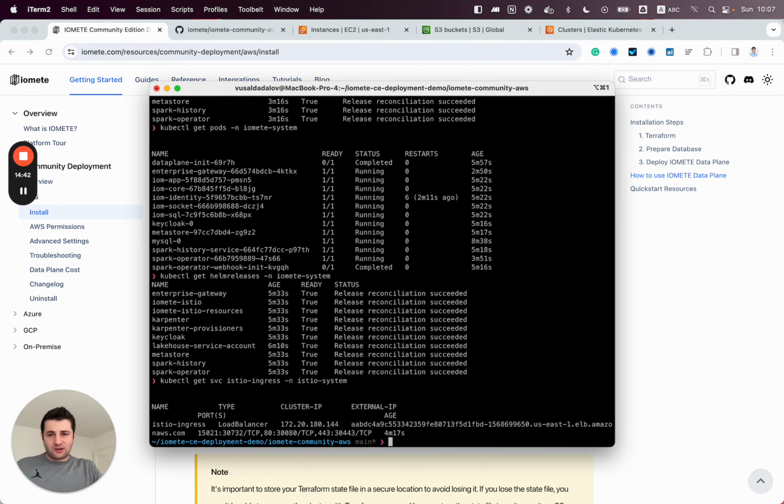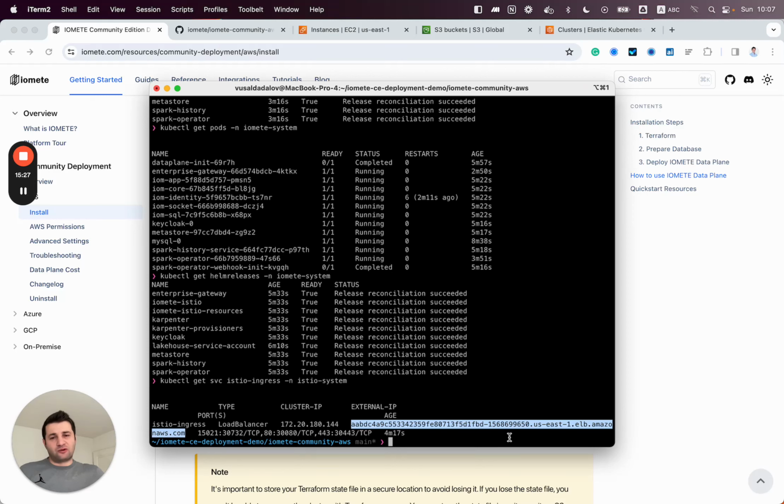If we do this, it shows the Istio ingress and what external IP it has. Istio ingress provisions the load balancer on the AWS infrastructure automatically when it's installed, and then it gets an external IP. In the AWS case, this is a load balancer's DNS. Sometimes it returns an IP for Azure or other platforms. But once we have this, we can access the IAMIT UI. In this case, we haven't configured any TLS settings, that's why it will be HTTP.